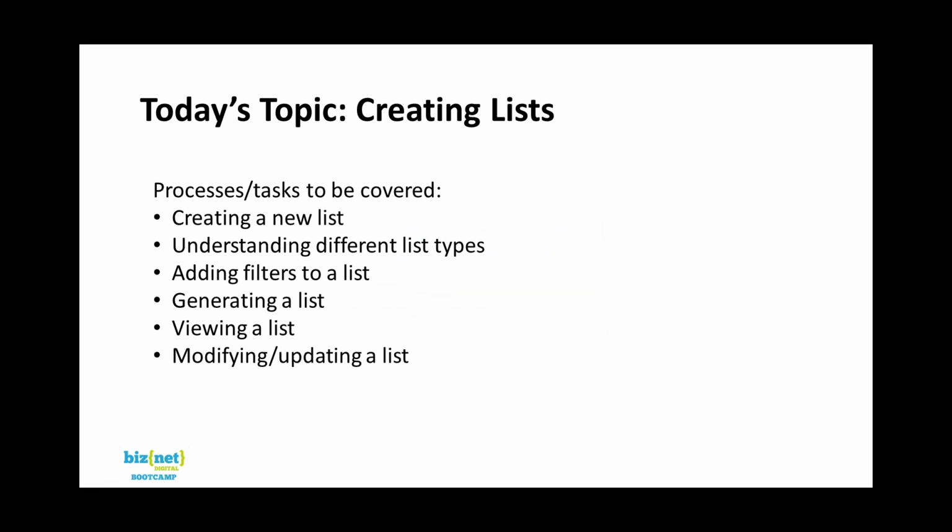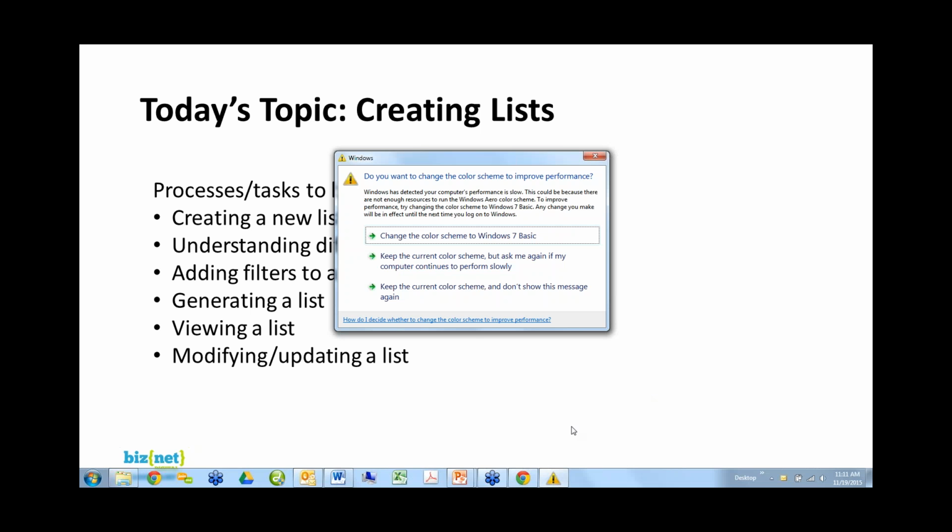Today what we're going to focus on is how to create a new list, understanding the different types of lists you can create, how to add filters and triggers to a list, those rules that define who's going to be in the list and who's not. We'll then show how to generate that list. We'll show you how to view the results of the list you created, and then sometimes most importantly, how to go back and modify and update the list because perhaps you didn't apply the right filter or things have changed or whatever. There's also some other capabilities regarding